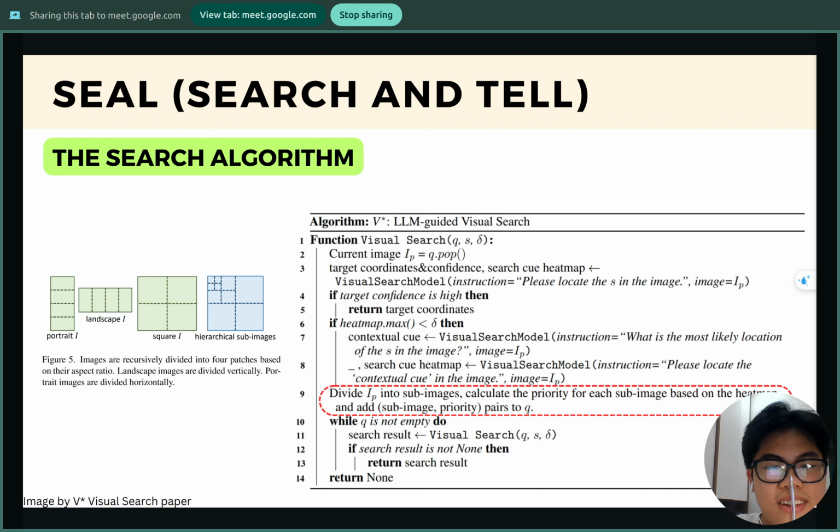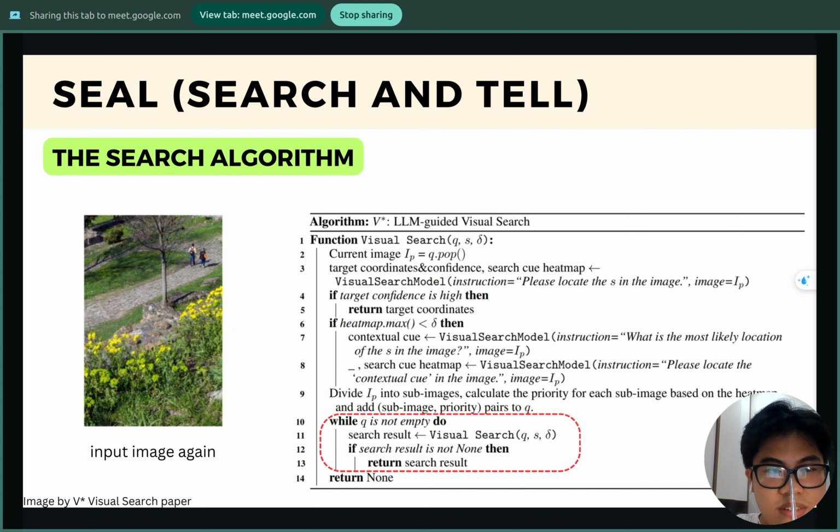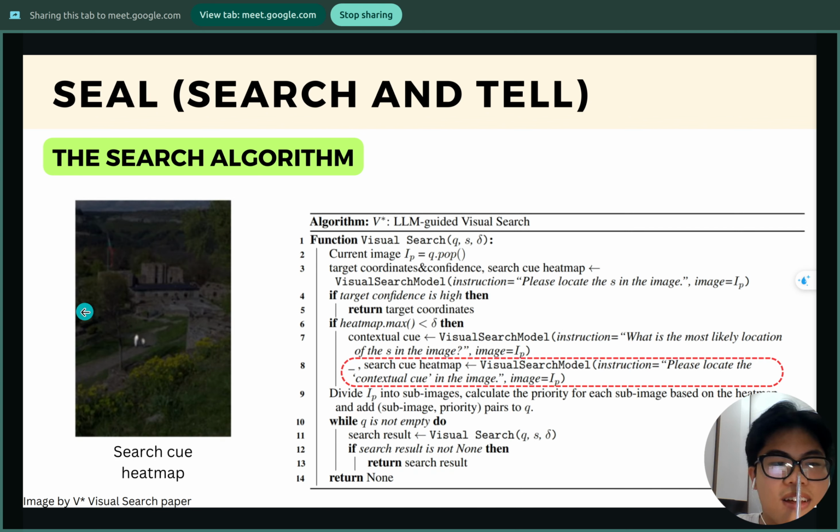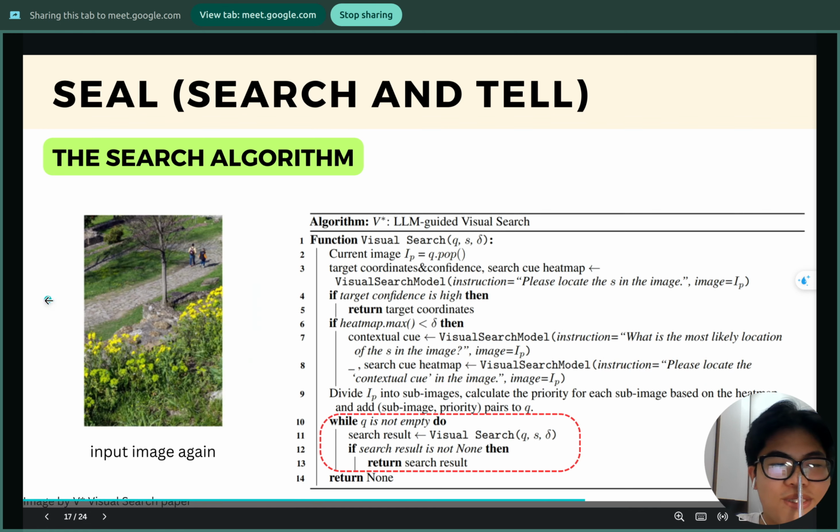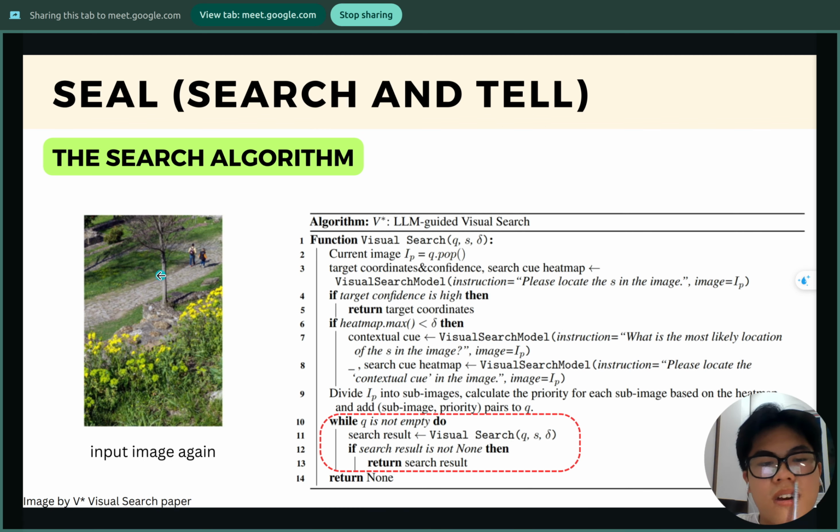we divide the image into sub images, equally divided, and then we calculate the priority for each sub image based on the heat map, and we add the sub images to the queue based on the priority score. In that case, you can see that the left most bottom part will be the highest priority, right? So this is the first image in the queue, which is a quarter of the original image,